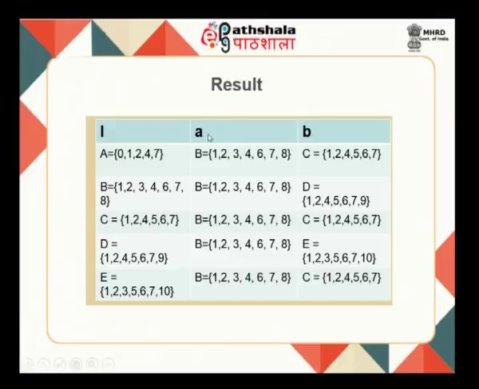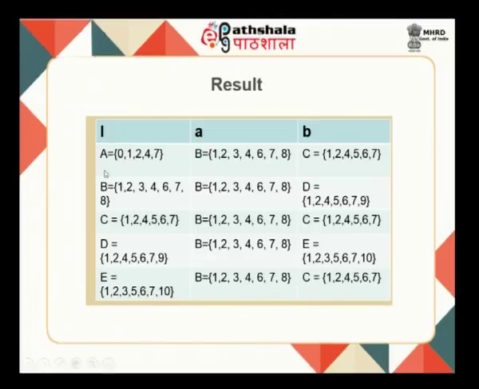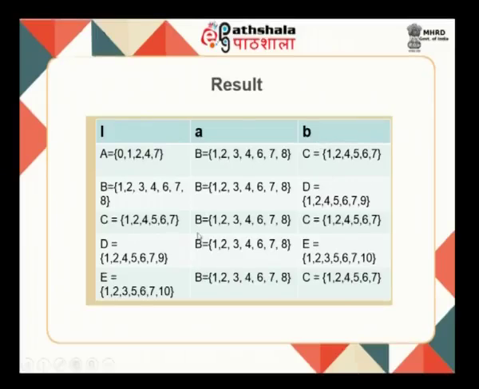Now, from this on A, how do I compute? And from this I have only two input symbols A comma B, okay. So, how does this algorithm basically work? From this state, I have to look at the transition on A, wherever it goes to, I have to determine its epsilon closure, that will be a new state. Again, on all the input symbols I have to define, that will be again a new state. From these new states, I have to again define transition on all the input symbols. I have to keep on repeating this until there are no more new states.